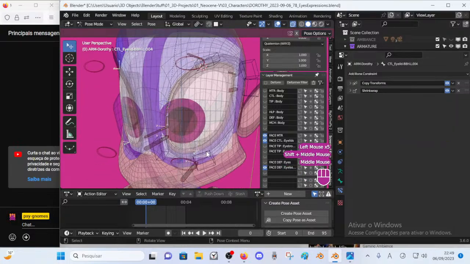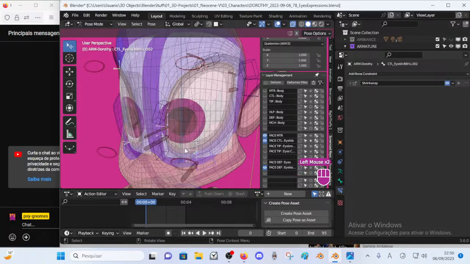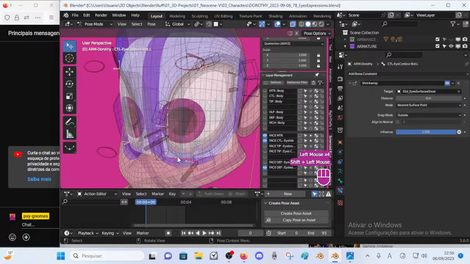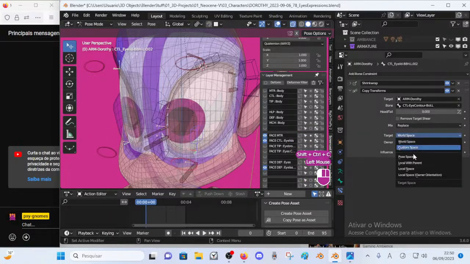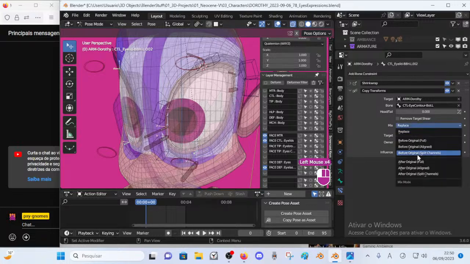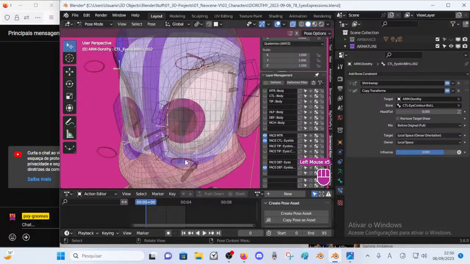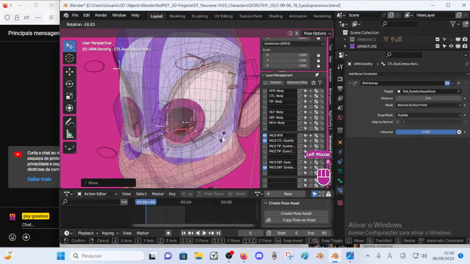Yeah, I'll use owner orientation, right? So let's do the same here, since we're here. So no more copy. It's copy transforms on owner orientation, local space, and then here maybe 0.8, and then before original. That's it. And then the rotation.